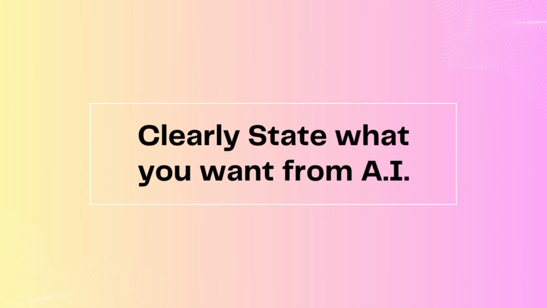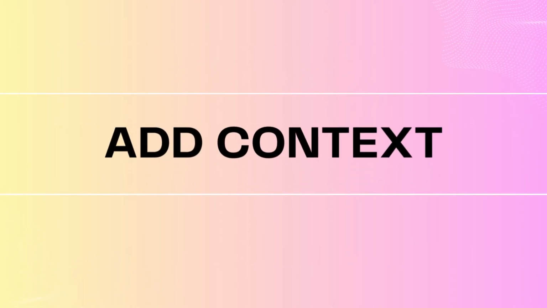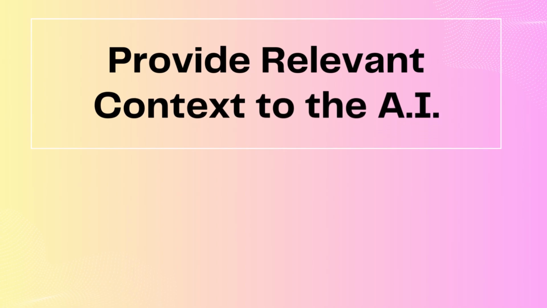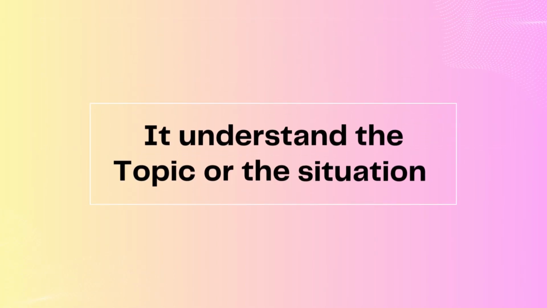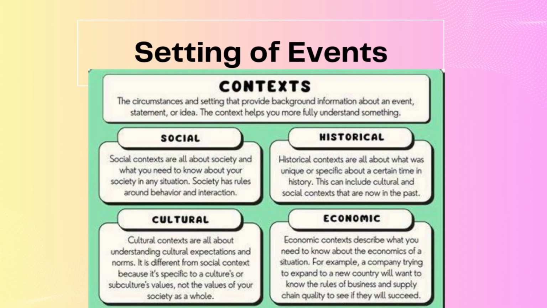Be specific. Clearly state what you want from the AI. The more precise your prompt, the more accurate the response will be. Add context. Provide relevant context to the AI so that it understands the topic or the situation better. For example,